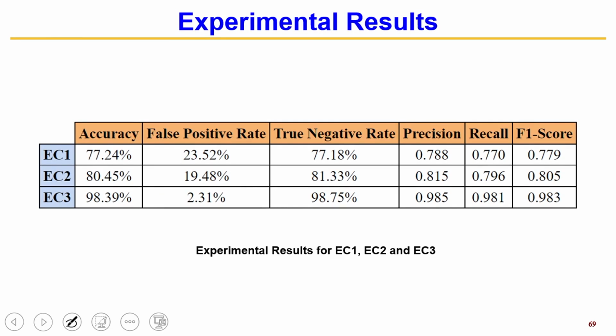So, for different scenarios and different traffic, as you will see with the accuracy for the EC1, EC2, EC3 scenarios, it depends on the scenario, but you are looking at different numbers in the accuracy. That is pretty much what we normally care about. We also should care about these numbers, and these numbers are not small either. False positive is actually pretty deadly, false negative is different, but false positive is pretty deadly. You are basically saying the attack is going on when it is actually not going on, and that is 23, 19 or 2% of the time.